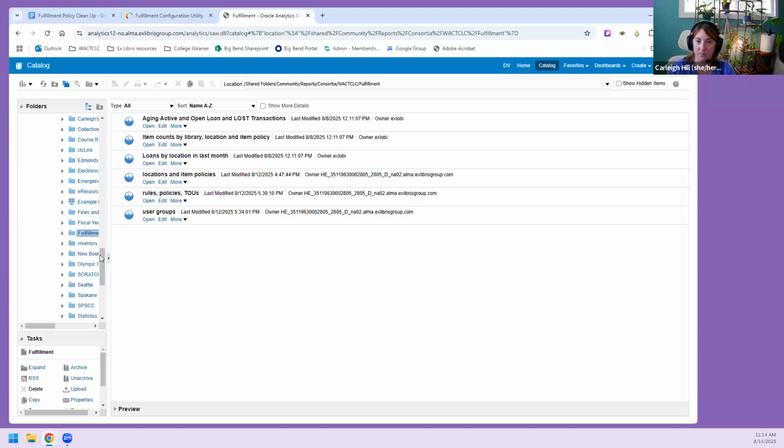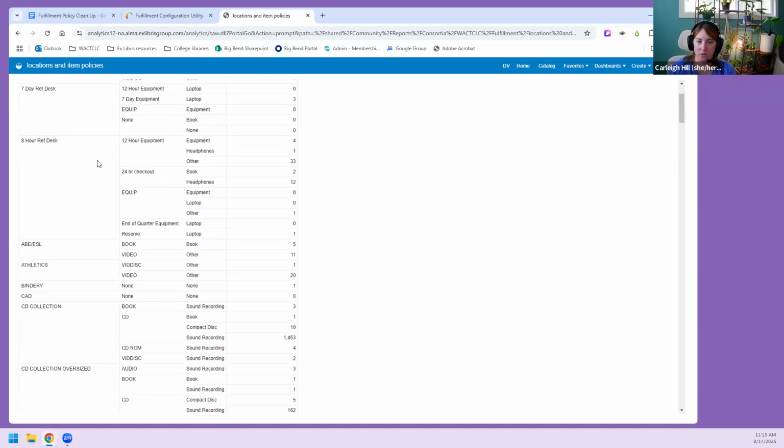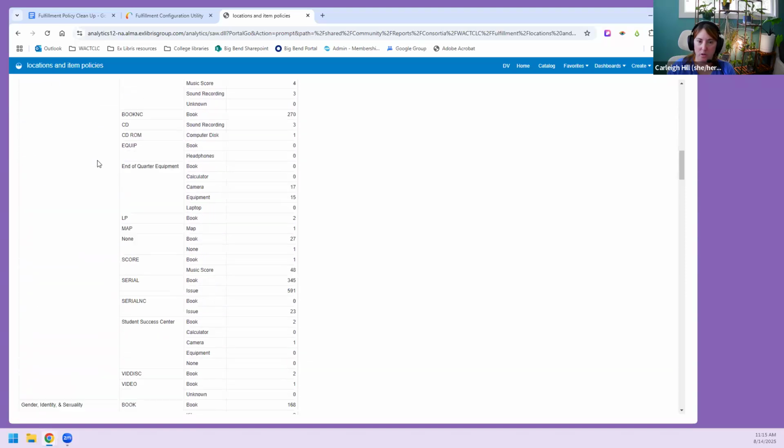and fulfillment. We've got some of these, and I do have this item counts by library location item policy, but I made this cleaner version. So we have locations and item policies, and I didn't put any filters on these that should stop them working at your library. So they should work. So here we have, I did put a filter on by library name. So here are all of the locations in the library,